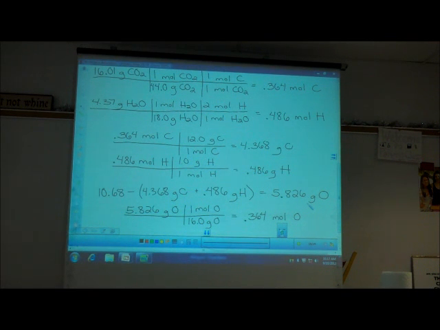So, we've gotten through the hard part. What do you do now? You have moles of each of your three elements. What do? Divide by the smallest. Carbon and oxygen end up actually being the same number. Which means they're going to have the same subscript. So I get